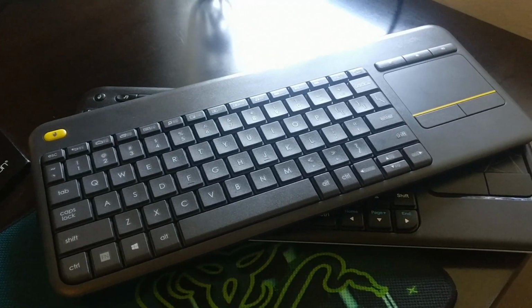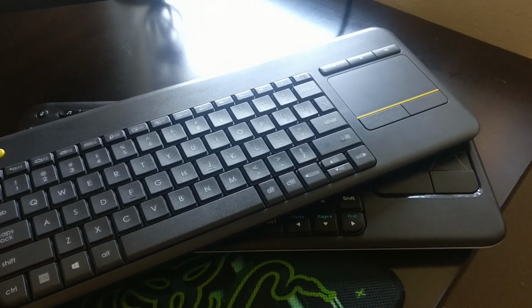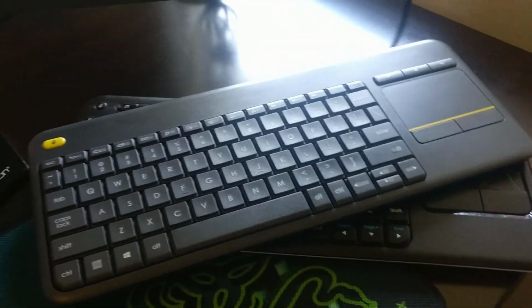And the power button is right on top, right here. You can just switch it on or switch it off. It's very reachable. And then in the back, we have a place for batteries. I use Eneloops because they last forever. They claim that this will last a year